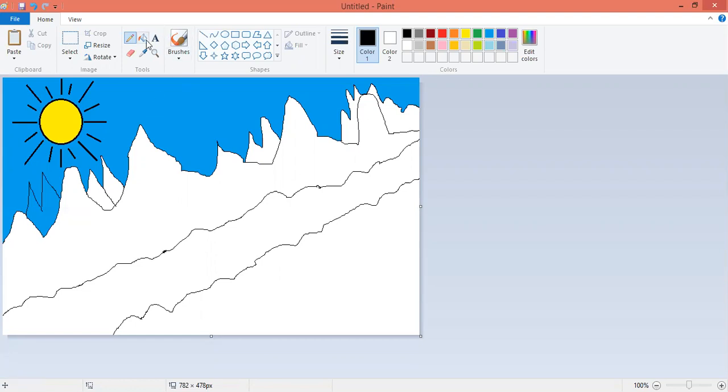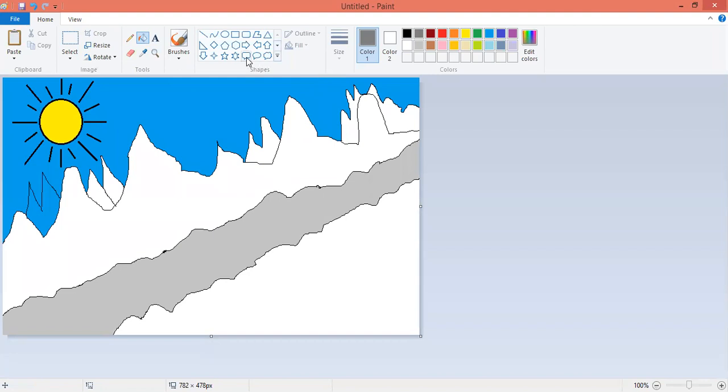Let's see if the color is going outside. We will check the road again. Now we are putting up the color. No, there is no breakage in the road, so the color is inside it. Now we are putting up the color of the mountains. We select a little bit dark color for the mountains.